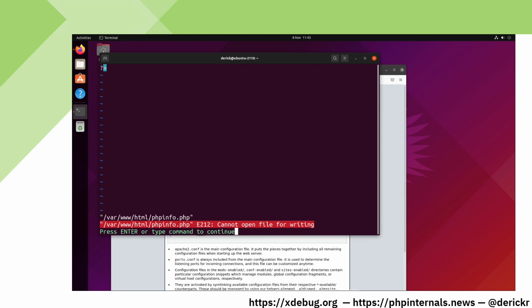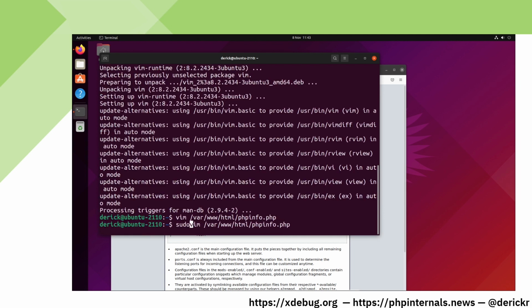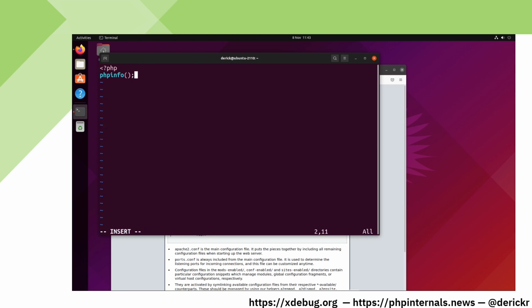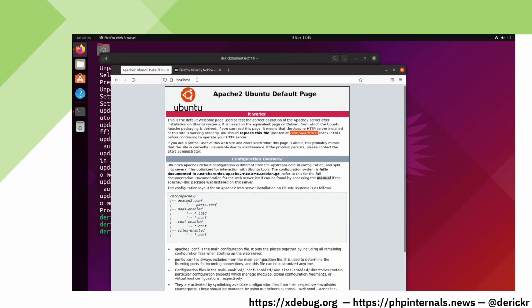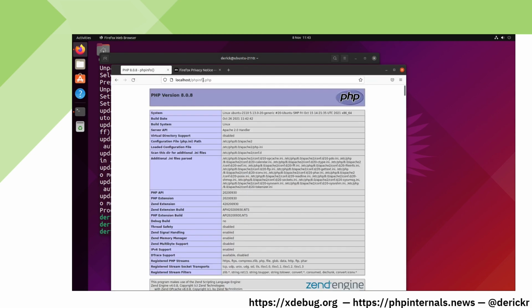So we'll do this as root, which is not really what you should do. We'll point Firefox to the newly created file, and you'll see that PHP 8 is loaded here as well.